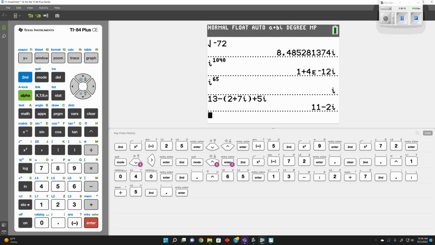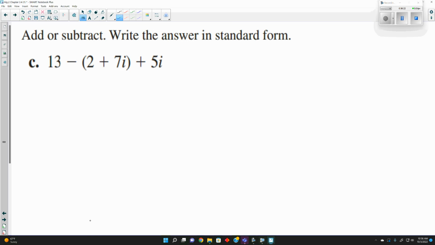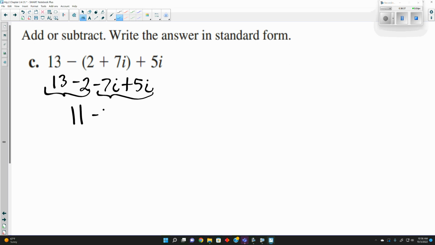Well, that's bougie. That's bougie. What can we do? So again, if we work this out by hand, we'd have negative 2 minus 7i plus 13 minus 2 is 11. Negative 7 plus 5 is